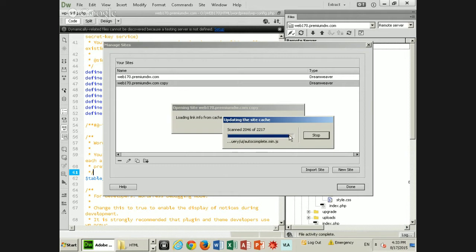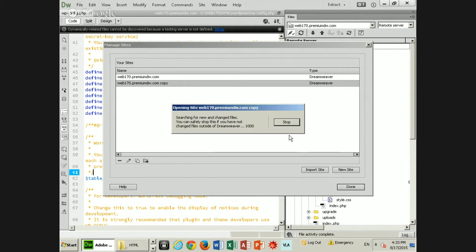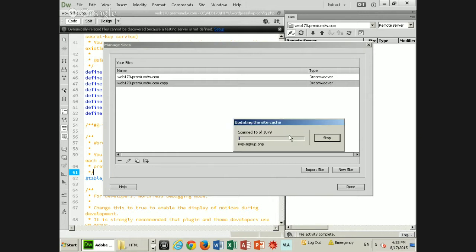What I did was I made a duplicate of my web170.premiumdw.com in my Dreamweaver managing sites site manager. And it is just basically synchronizing the thing, like it's reading all the files right now. And then what I have to do is, so I have a downtime so I can talk smack